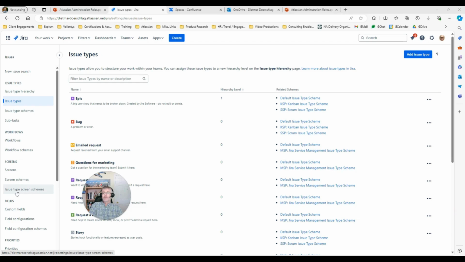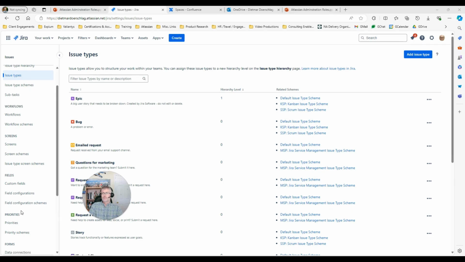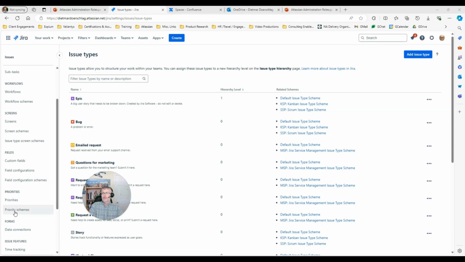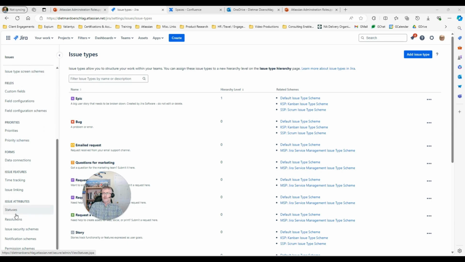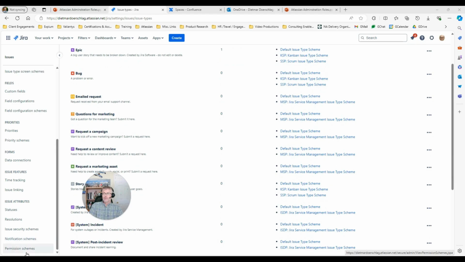the setup of issue type screen schemes, the definition of how screens should behave depending on the type of issue that a user has when they create an issue, the setup of custom fields and the behavior of custom fields via field configuration and field configuration schemes, which are mapped into a project, the setup of priorities and priority schemes, the definition of statuses, resolutions, issue security schemes to handle the more granular security at the issue level, the setup of notification schemes and permission schemes.